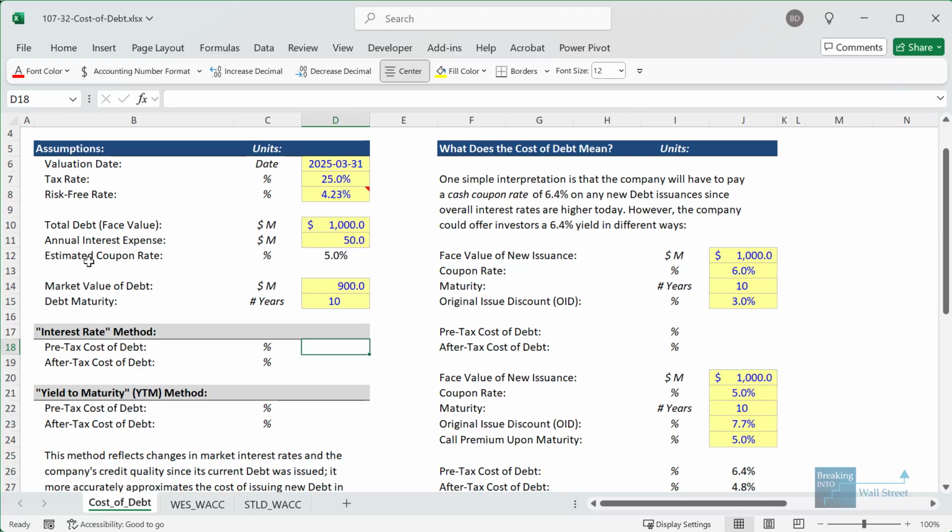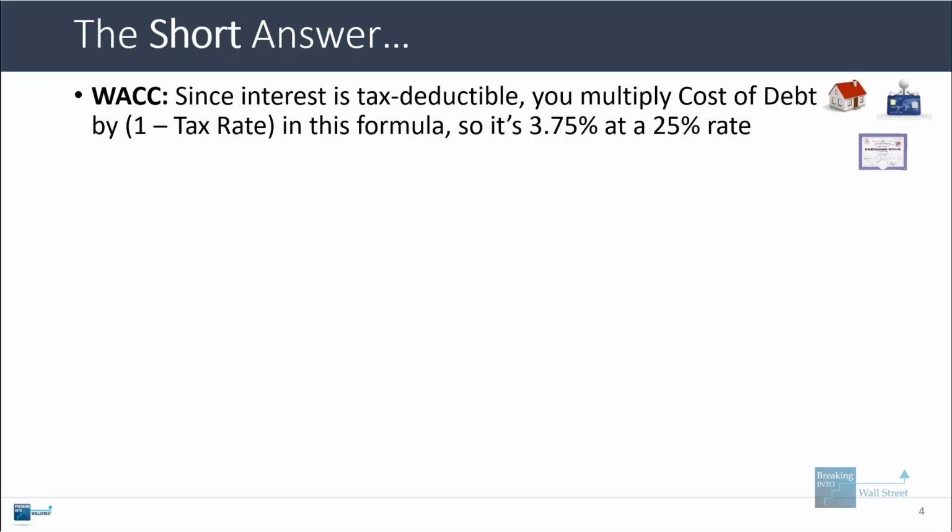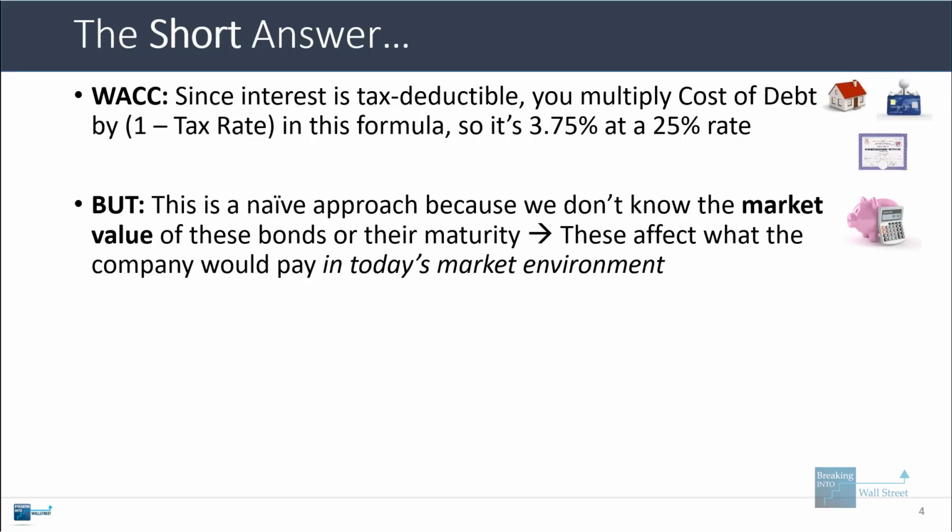Here's the example that I was referring to in these slides. We have debt of 1,000 and interest expense of 50. And so the pre-tax cost of debt here would just be the 50 in interest divided by the total debt, 5%. And then the after-tax cost would be the 5% times 1 minus the company's 25% tax rate, which gets us about 3.75%. Of course, there is a problem with this, which is that we are not factoring in the